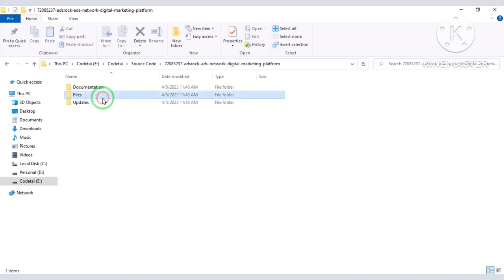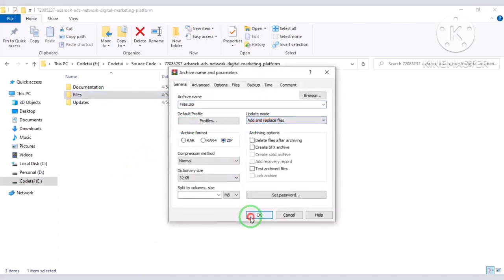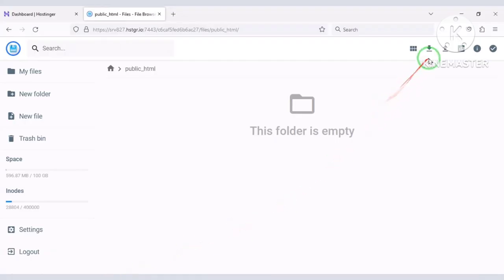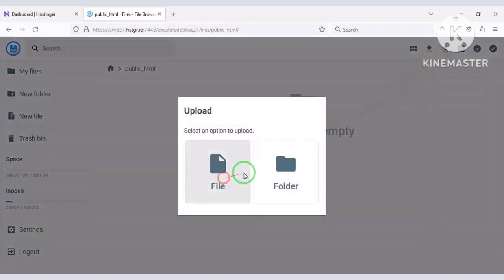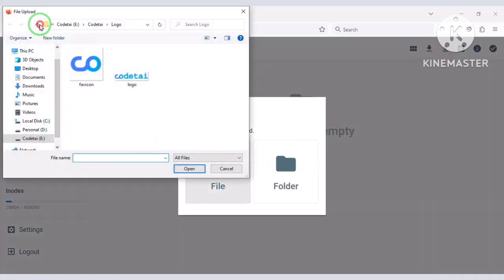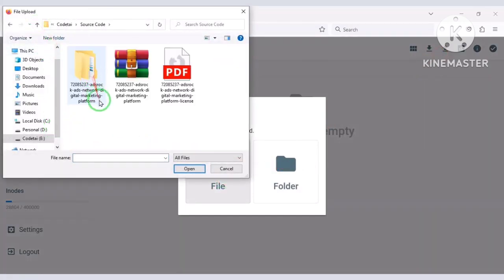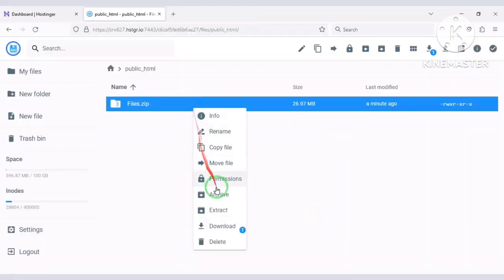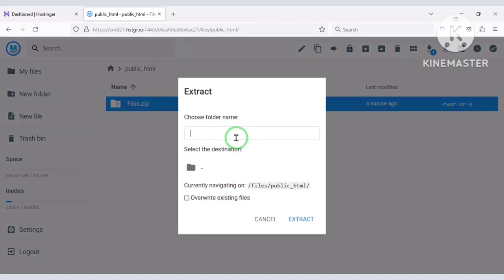Then convert this folder into a zip file. Now we will upload this zip file. Then we need to choose a folder name.